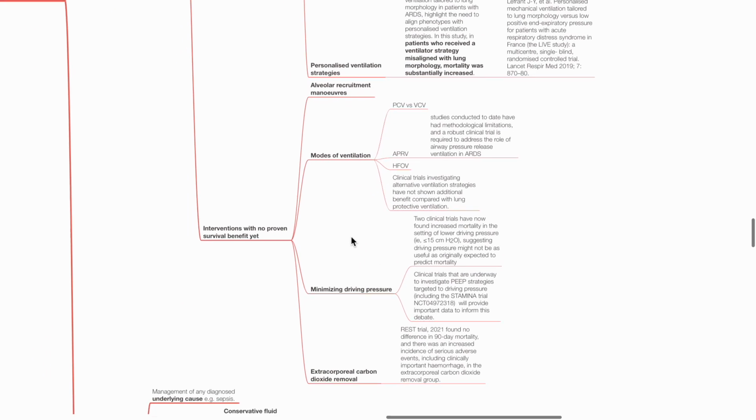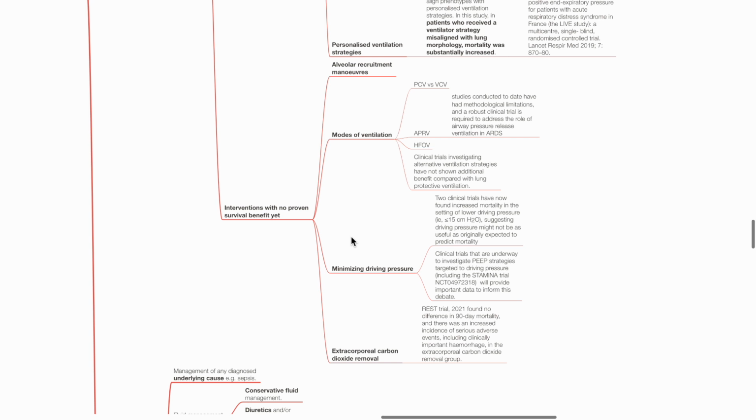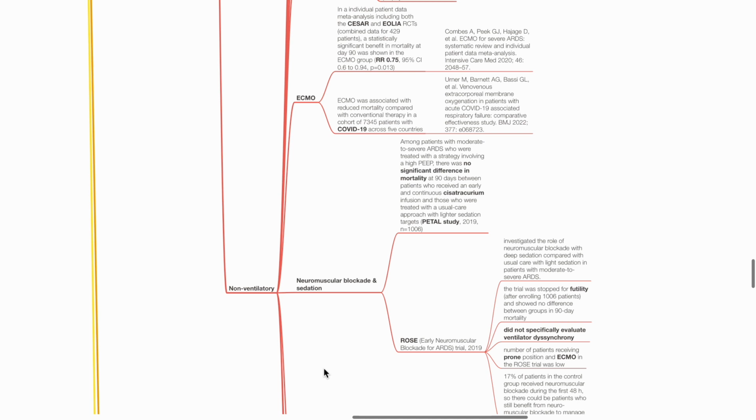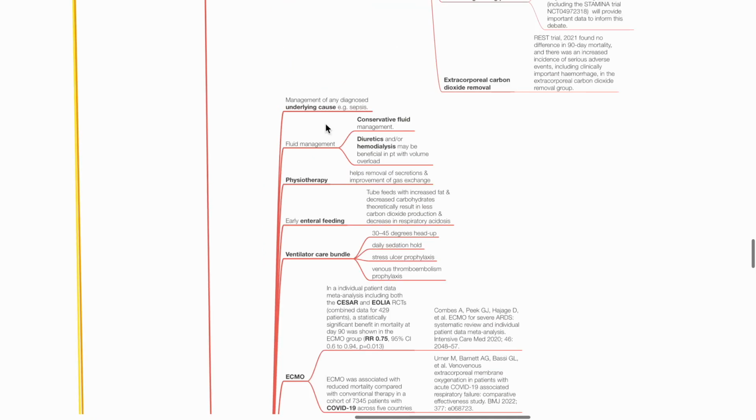Interventions with no proven survival benefit include alveolar recruitment maneuvers, mode of ventilation, minimizing driving pressure, and extracorporeal carbon dioxide removal. Non-ventilatory measures include treatment of the underlying cause, conservative fluid management, consideration of diuretics and hemodialysis in patients with fluid